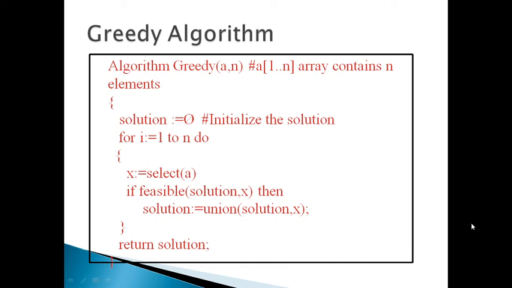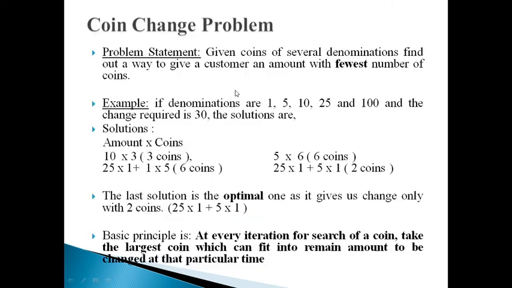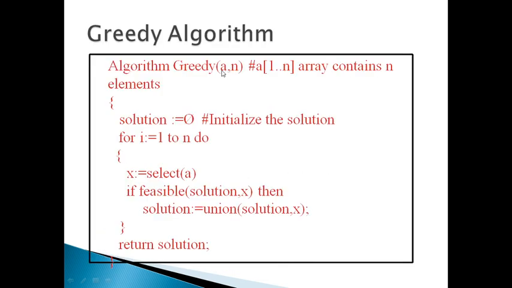So just look at an algorithm. The greedy method takes input, it's like an array of elements 1 to n. Initially the solution will be null, empty. For each element, we will check, is it a feasible solution? If yes, then we will add it. Next, again, the second element. If the second element also gives a feasible solution, we will add it to the initial solution. If it's not giving a feasible solution, it will be discarded. From all feasible solutions, lastly we will get an optimum solution.